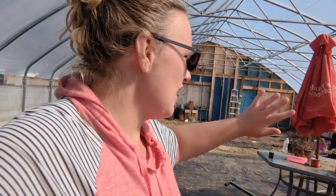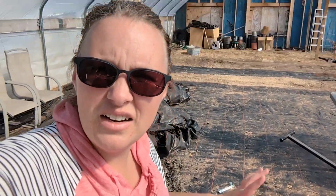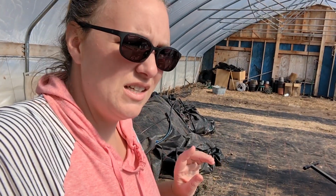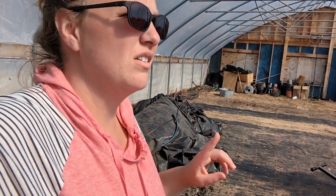Then that way it gives us that much more room to start moving these big ground covers out of the way and get everything else out of here so that we can start getting this ground cover that I'm standing on rolled up. The reason why I'm not just leaving this ground cover here is because this is 32 foot wide and